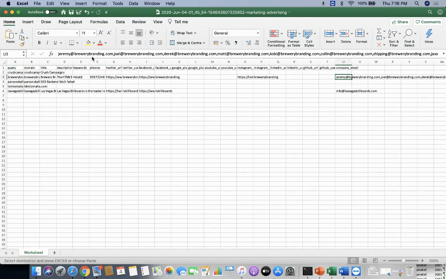So I can see that there are so many email IDs listed in brewerybranding.com. Then I also see another one, info at lasvegasbillboards.com. Other companies were not really found, but for this company, most of the email IDs have been scraped.